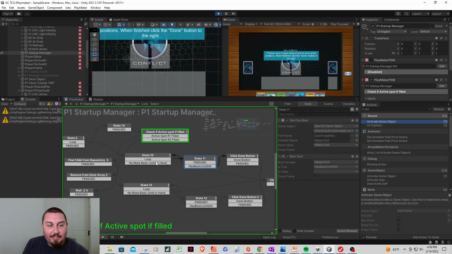If it's not a basic, it's going to go back to 10. So this is actually, it's kind of hard to see, but it's actually a miniature loop. It's going through all of these cards in the hand. It's going to check for basics. If it does find a basic, so right here, if variable is basic unit is true, then it's going to